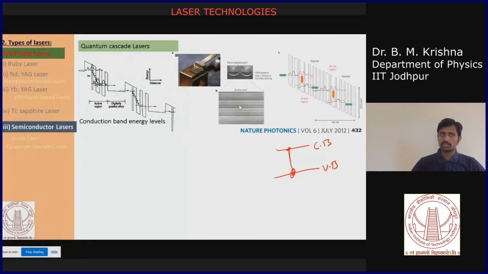You repeat this structure almost 100 times. Now you multiply 100 times. What happens? 60 nanometers times 100. So that means 6000 nanometers. That is nothing but 6 micron. So now your laser is like a 6 micron device. Now you see how tiny these lasers are. Though you have many complexities, still you can have very small size devices. So the total device is over 6 microns.